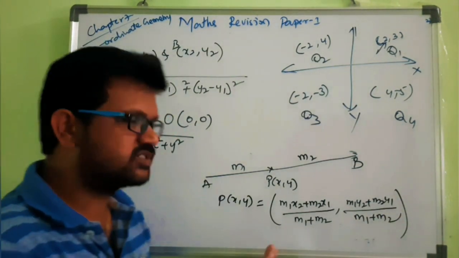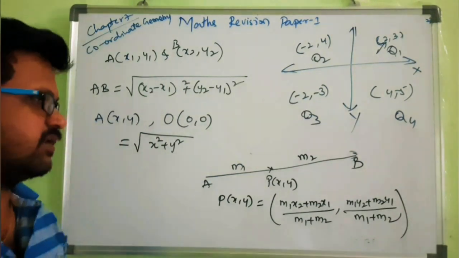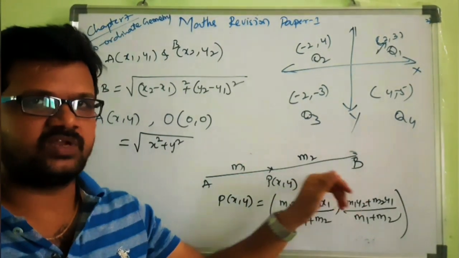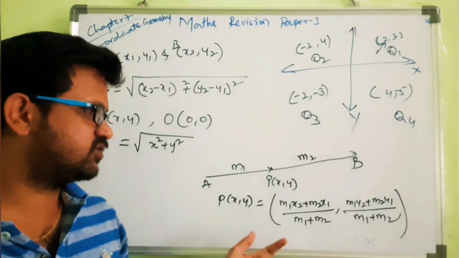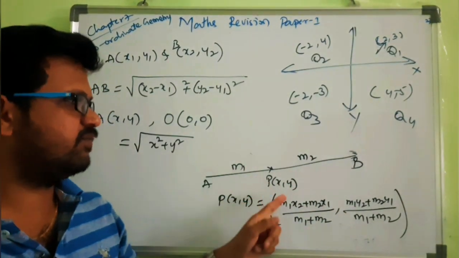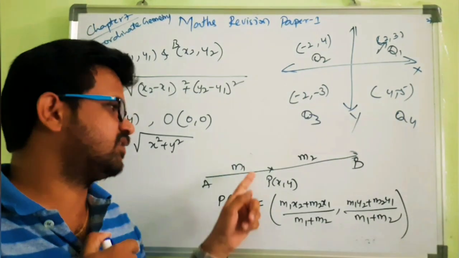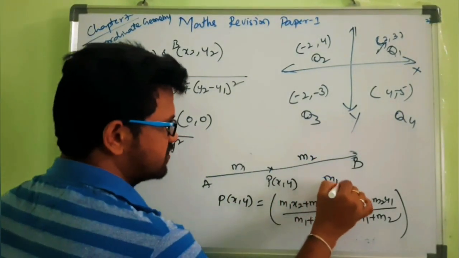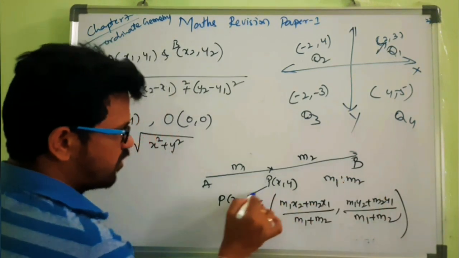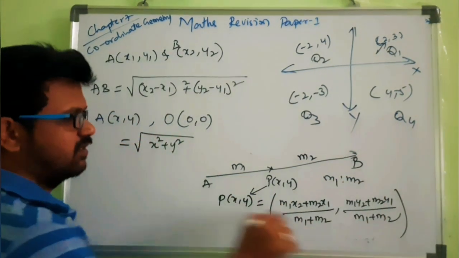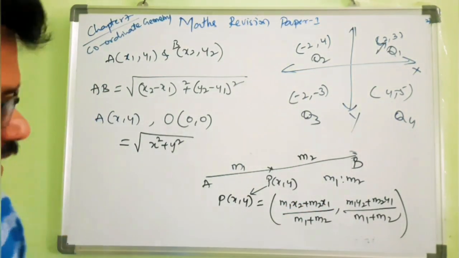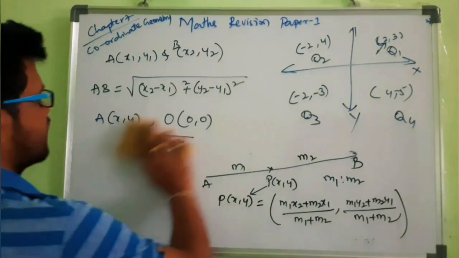Okay, when we use this formula, that is very important in the question. If A and B are the endpoints of a line segment, and the point P divides the given line segment in the ratio m1 is to m2, then to find that point which is dividing the line segment we use this formula. Okay, and next, this is the section formula.